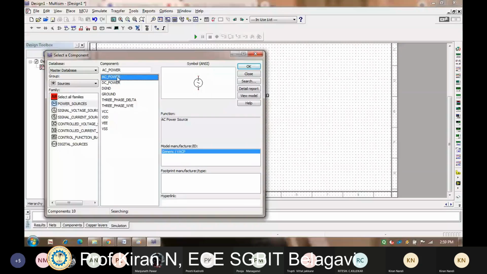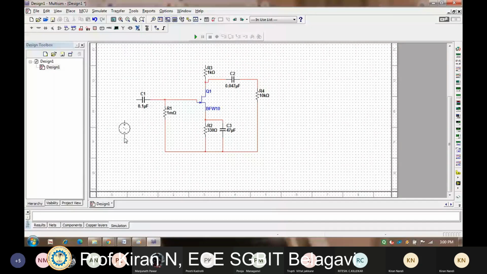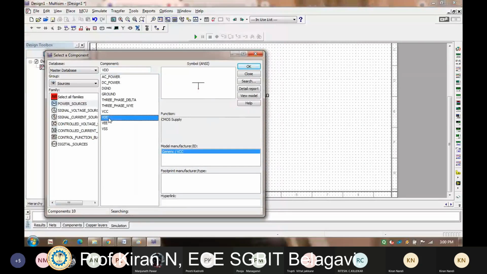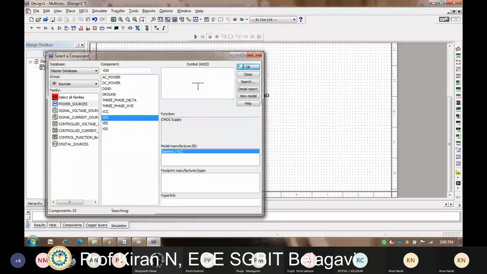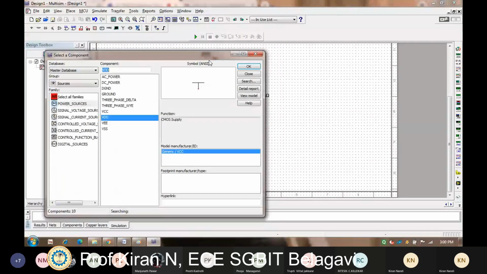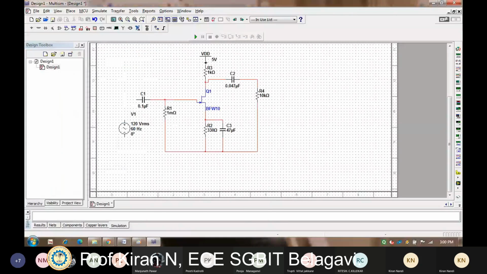So you'll be available with the AC power source. Then I need a VDD here. So I'll click on VDD, OK. Place a VDD here. Okay, so you can see here I have connected an input voltage source VS and a power supply VDD.